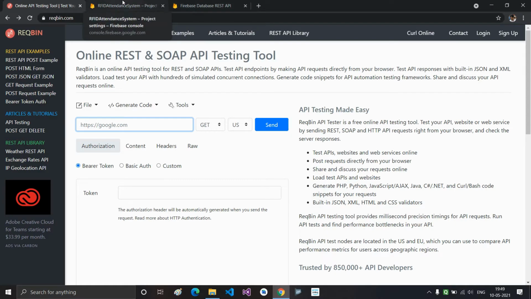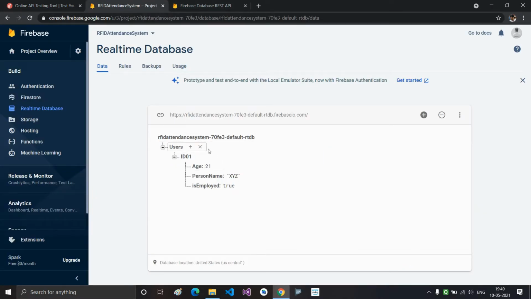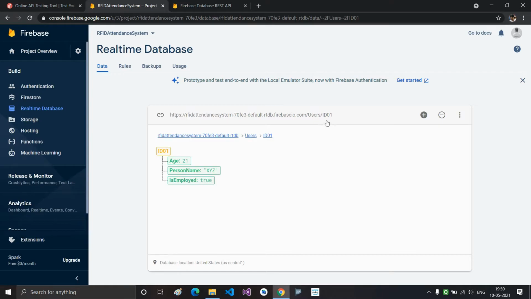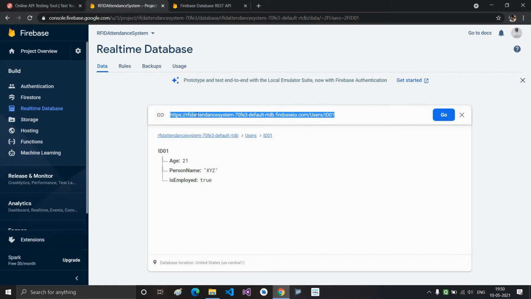So in the documentation, what they have told is that if we want to fetch data of a particular node, say I want data for ID01, then we just have to copy or specify the URL of the node. The first part here is our database's URL, then users is the first node, inside it is ID01.